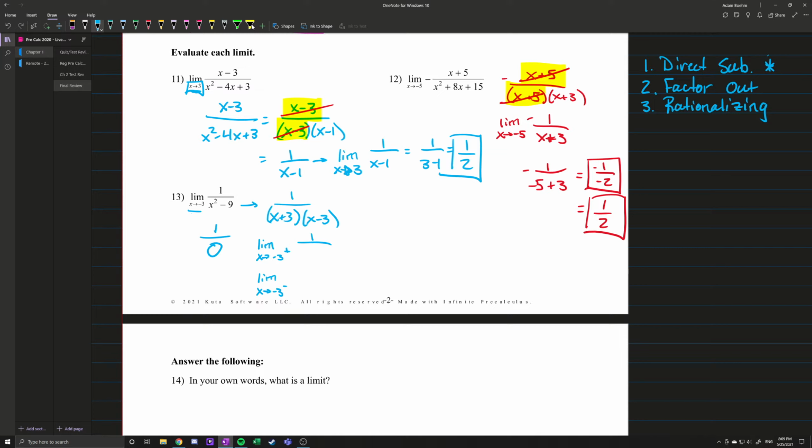So if we just plug in -2.9, and then on the left, we want to plug in numbers to the left of -3. So we'd plug in 1 over -3.1 squared minus 9. And what this does is it allows us to quote-unquote look at the graph as we get really, really close to -3. So if we plug in both of those things,